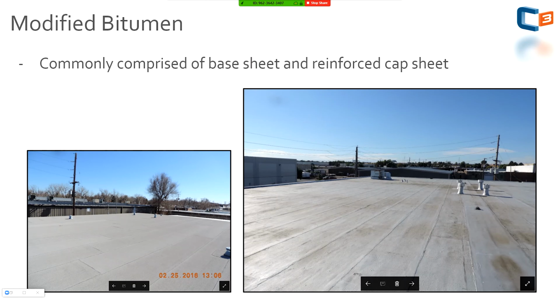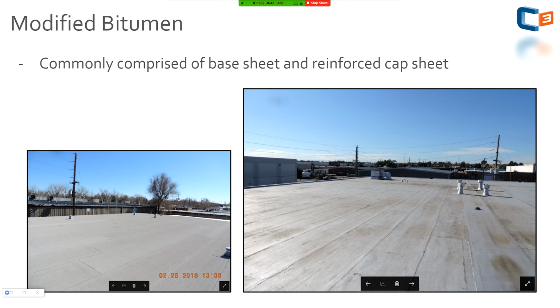So moving on to modified bitumen, and again, we're going to go through substrates later because it's totally dependent upon substrate type. So built-ups, the damage we saw, we're going to go back to substrates. So just a reminder. Modified bitumen, this is what a lot of people will identify with coming from shingles to mod bit. This is kind of the easiest roof system to transition to because it has a similar